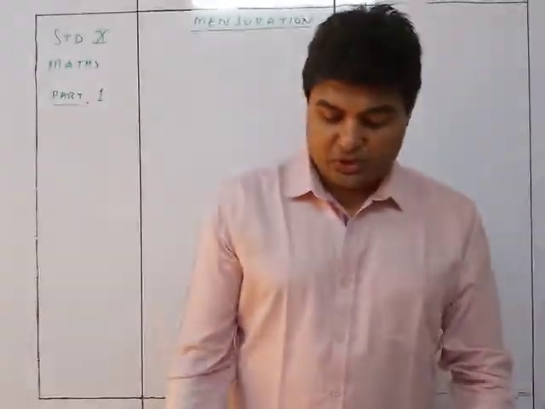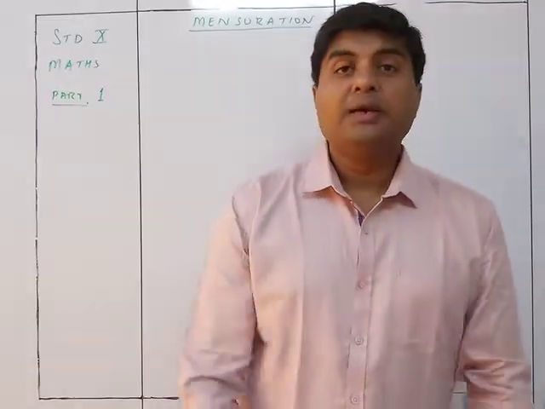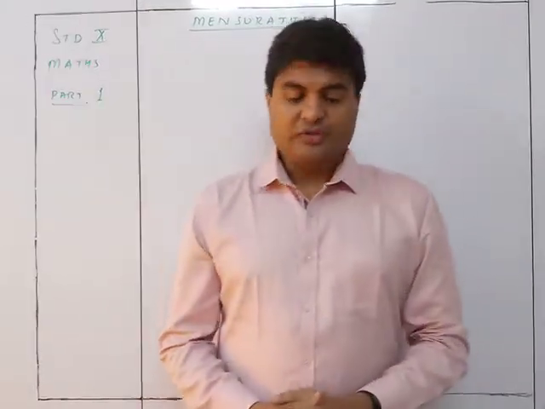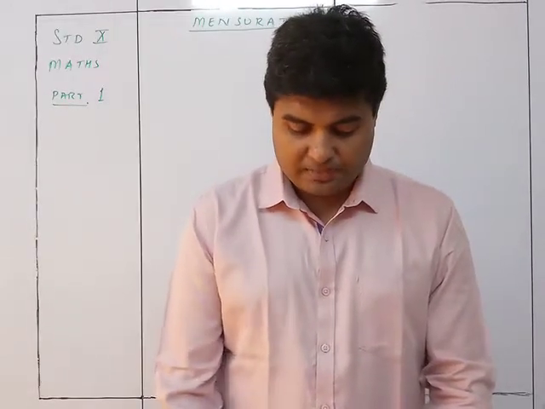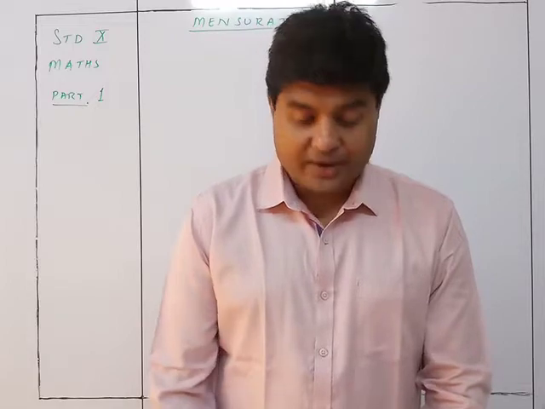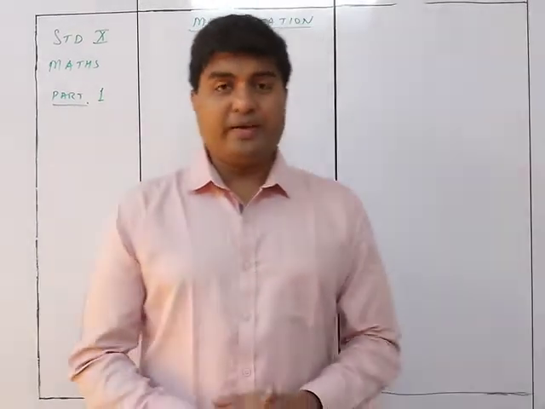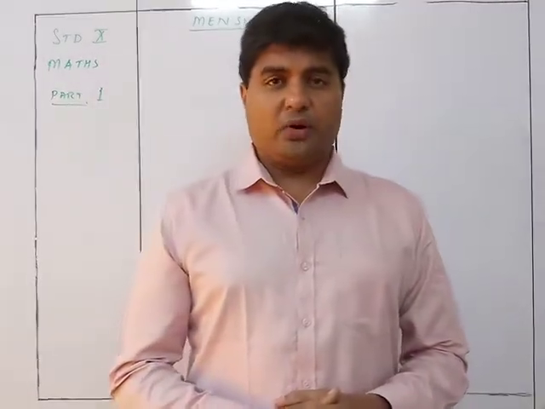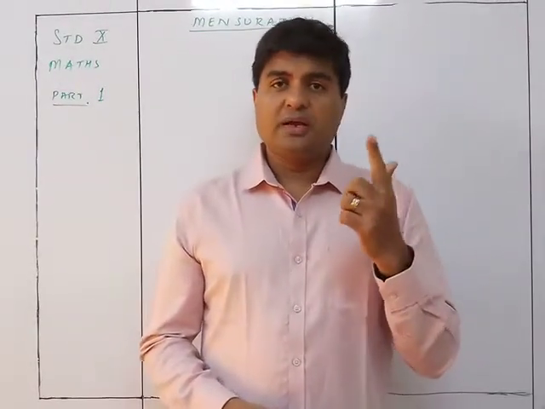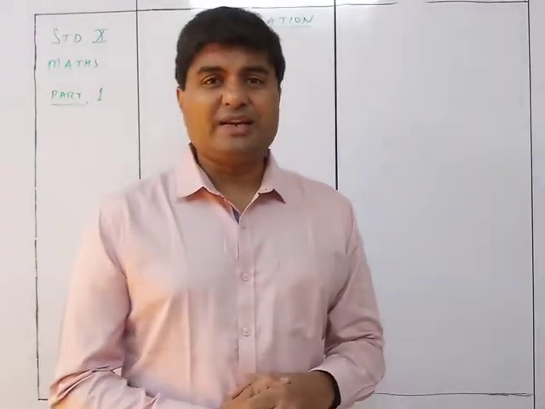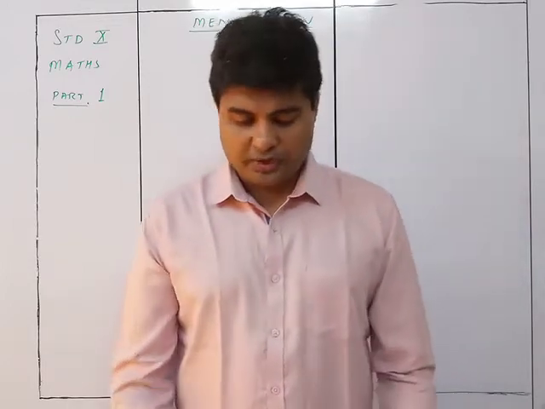So today we start with the new chapter of standard 10th maths, that is mensuration. In your book, it is just one big chapter wherein you have only one kind of thing, that is three-dimensional figures. We do not have any kind of two-dimensional figures. What we have in this syllabus is cylinders, cones, and spheres, combinations of them, along with some cubes and cuboids also.